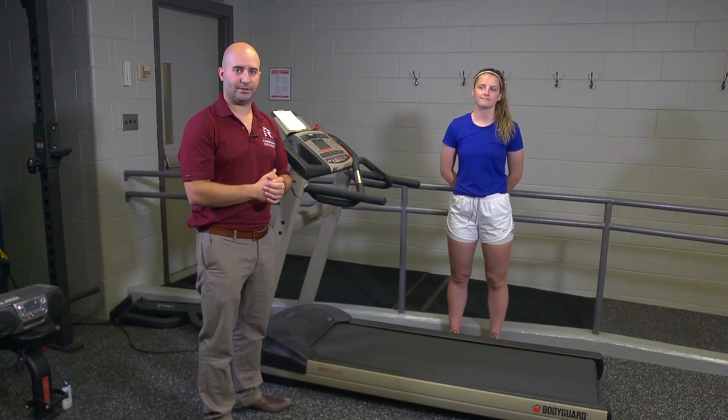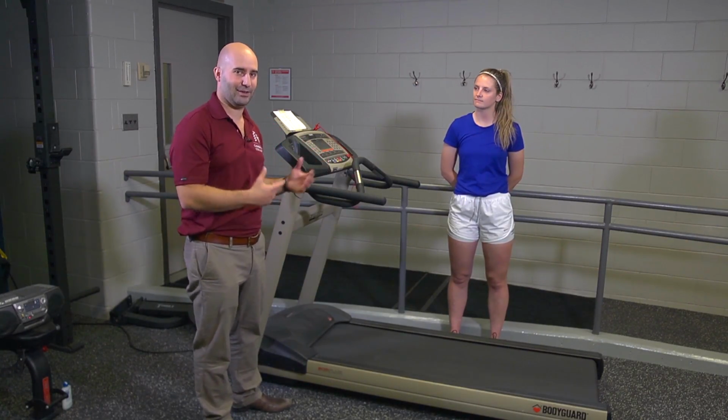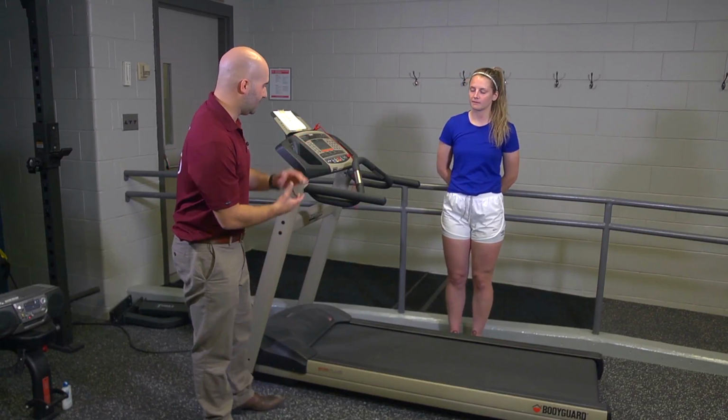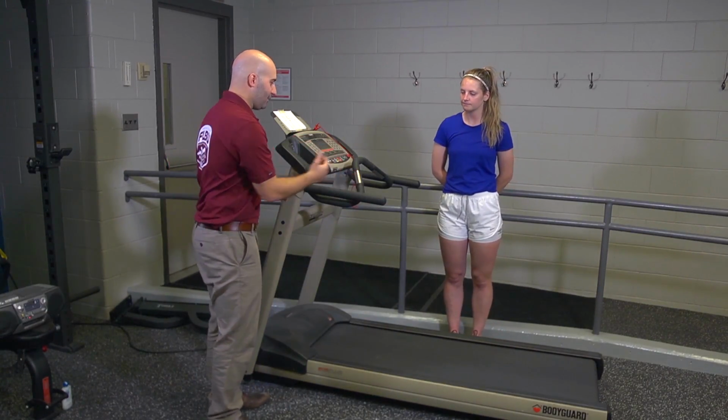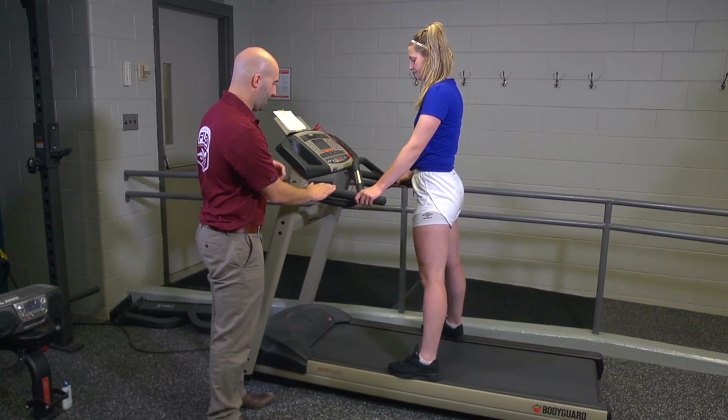It's really difficult for your vestibular system to maintain that balance, so you tend to fall over when you close your eyes, even if it's just at walking speed. So I would tell Clara not to do that. And so I'll have Clara step onto the treadmill with her feet on the rails, holding onto the handrails, and